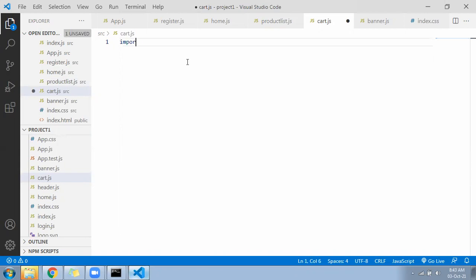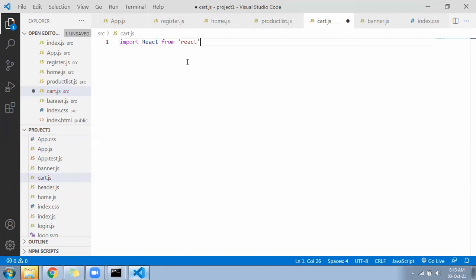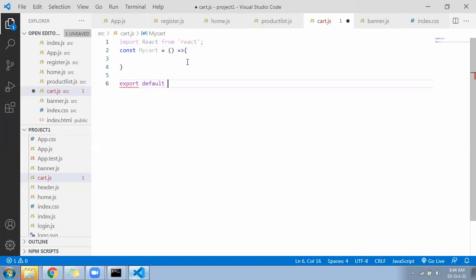import React from React. Constant myCart equal to, come inside, export default myCart.